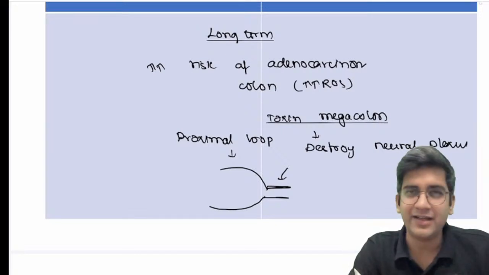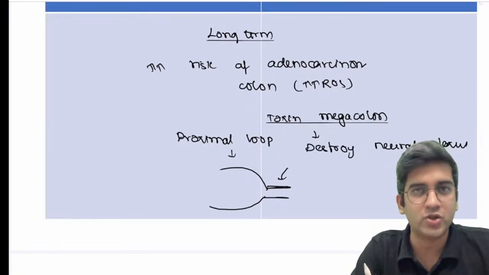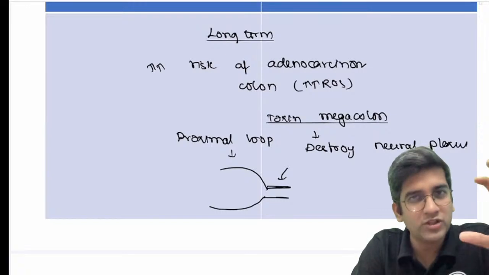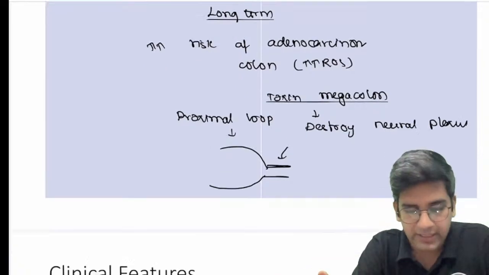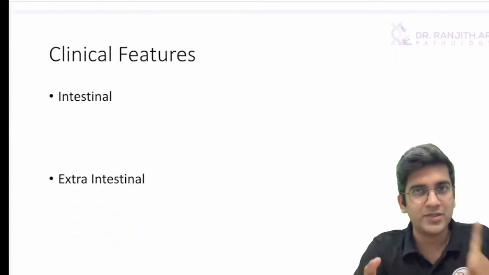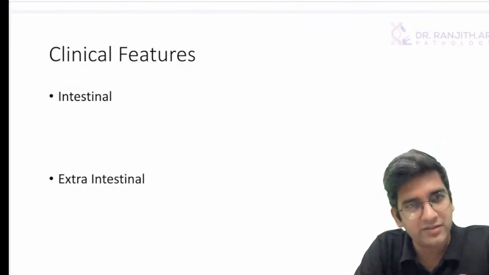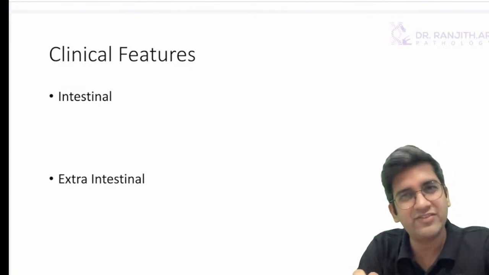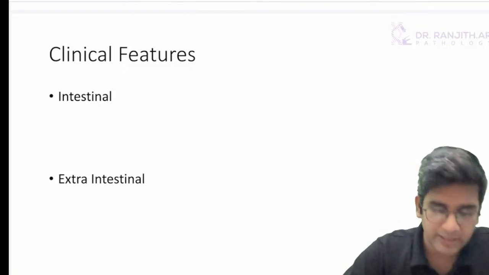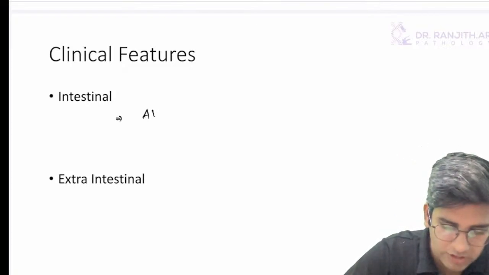You can easily write an essay on ulcerative colitis and Crohn's. We know the risk factor, we know the pathogenesis, we know the symptomatology, right? So clinical features, two things. One is intestinal, other is extraintestinal. We have read about extraintestinal also. I'll definitely tell you, we have read in a different place. We'll try to compile it here, that's all. Intestinal primarily, it's altered bowel habits.